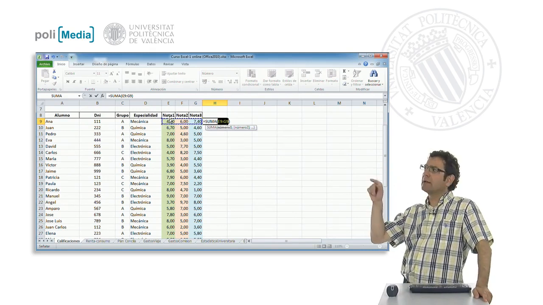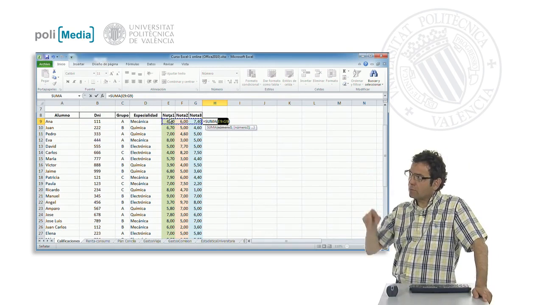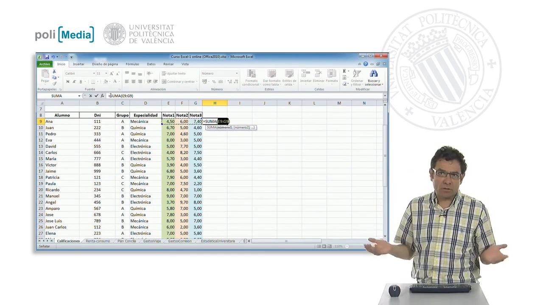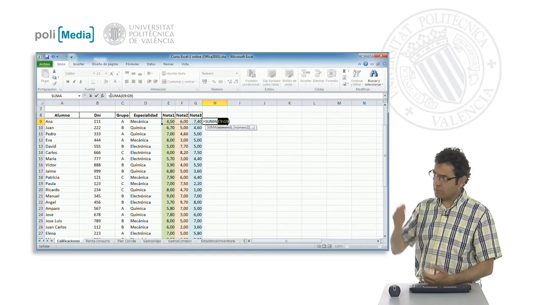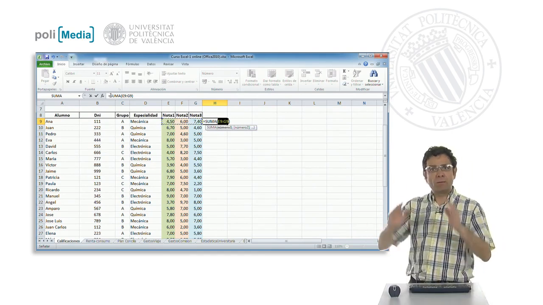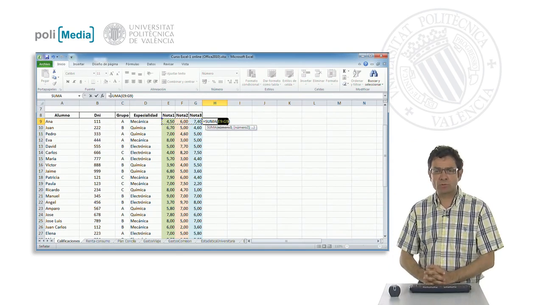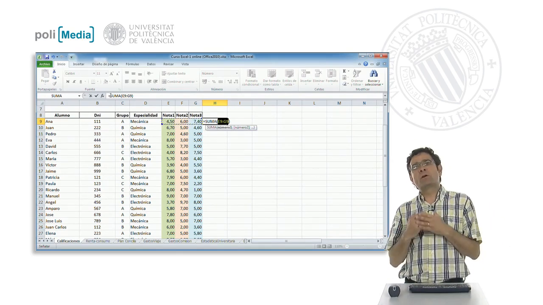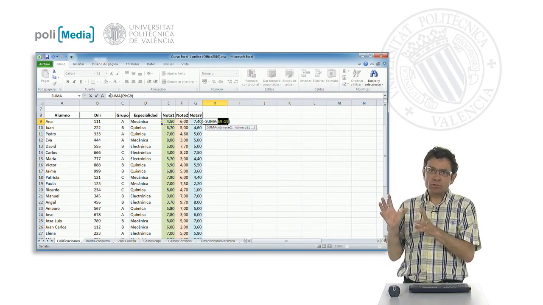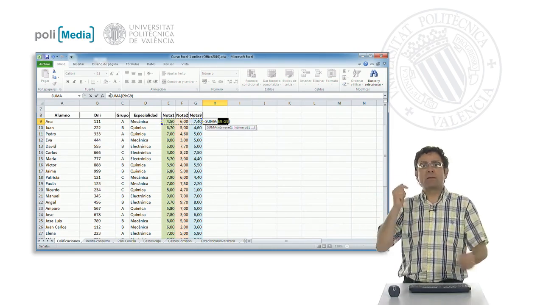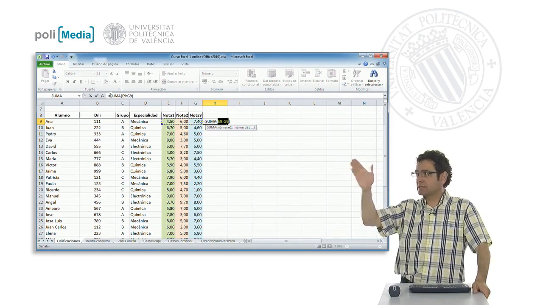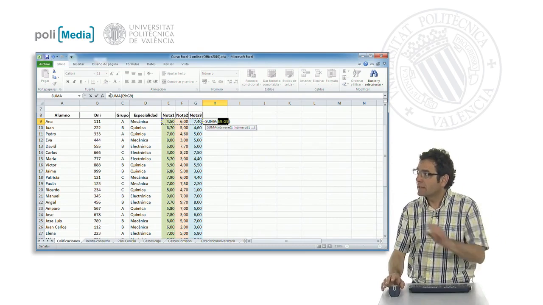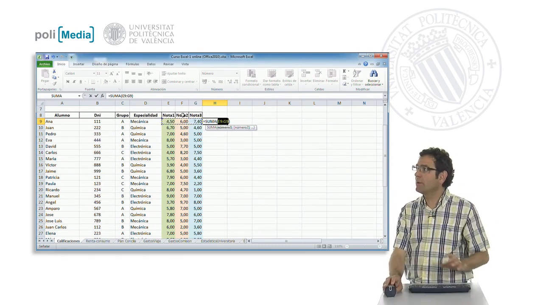So to enter functions in Excel, we will use the equals sign. Then we will put the name reserved for the function I want to use each time. In this case it is the function SUM, with brackets. The use of brackets is compulsory. Then I am going to enter the arguments, that is, the variable elements that this function has to use in order to obtain the result. In this case it is this range from E9 to G9,